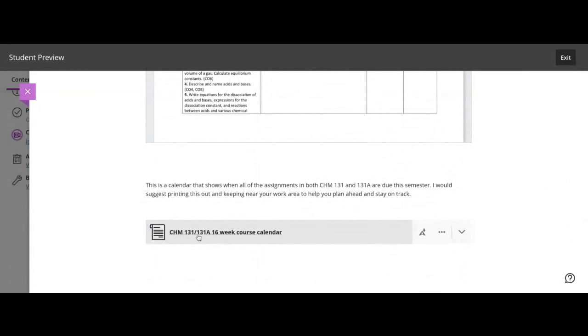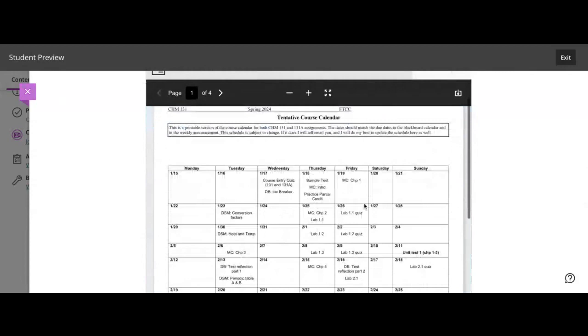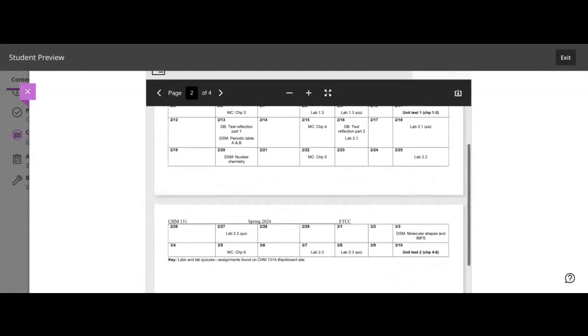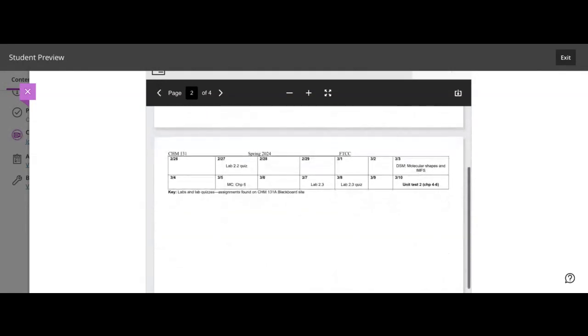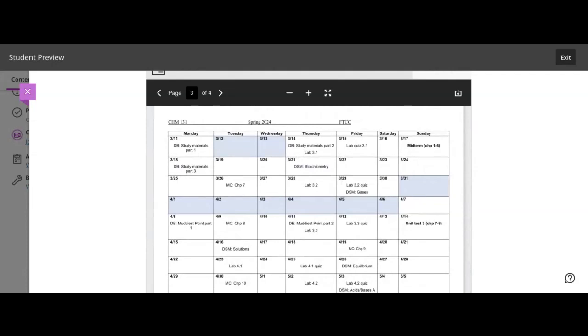And there is a 16-week course calendar, which will show you what assignments are due on what particular days of the week. This can be exceptionally convenient for those who forget about when certain assignments are due. If you print this and have this with you, you will be well aware of when your assignments are due.